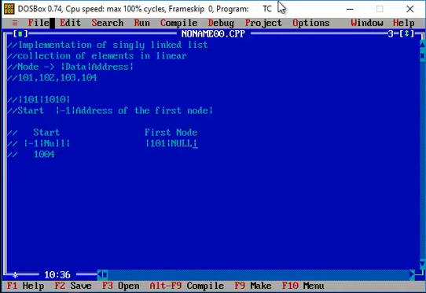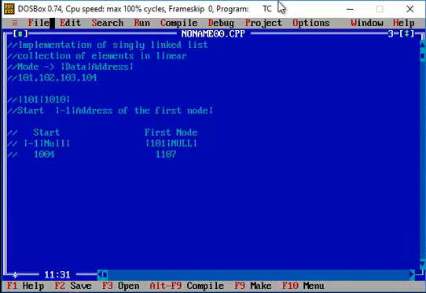So the first time when I'm trying to create this node, I will get the value and assign the element, and the address field or pointer field is pointing to the value that is null. Whenever the first node is created, it is also created dynamically. It may be placed in any memory location. It need not be continuous. It may be placed in any memory location. Let's say, for example, 1107.